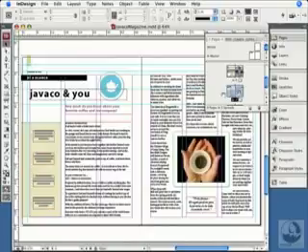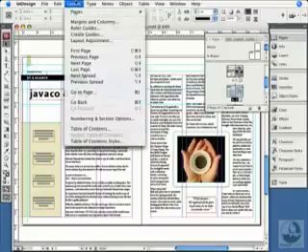If I choose just a spread, then just a spread will be affected. If I click on the master page, then just the master page will be affected, and all the pages that are based on that master page. I'll be discussing master pages and how you can use them in a later chapter. In this case, I simply want to choose pages 6 and 7, and I'll go to the Layout menu and